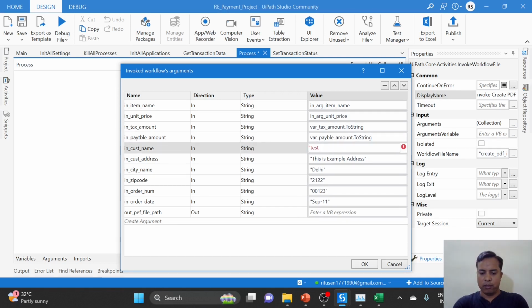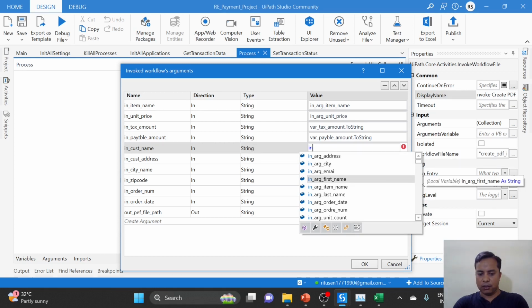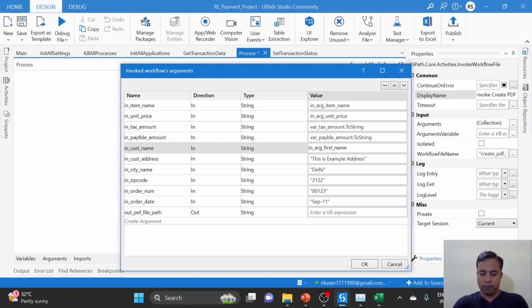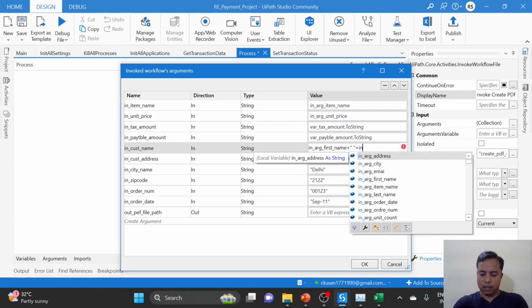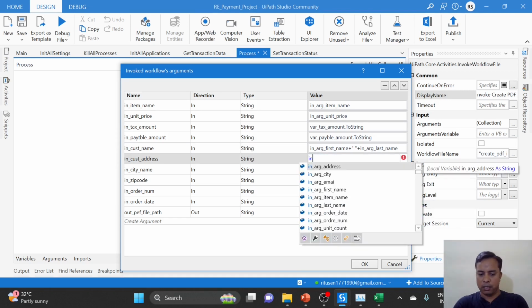customer name. Here we can use the input argument of the process.xaml file. Here we have only one customer name. So what we can do is customer first name plus last name here,